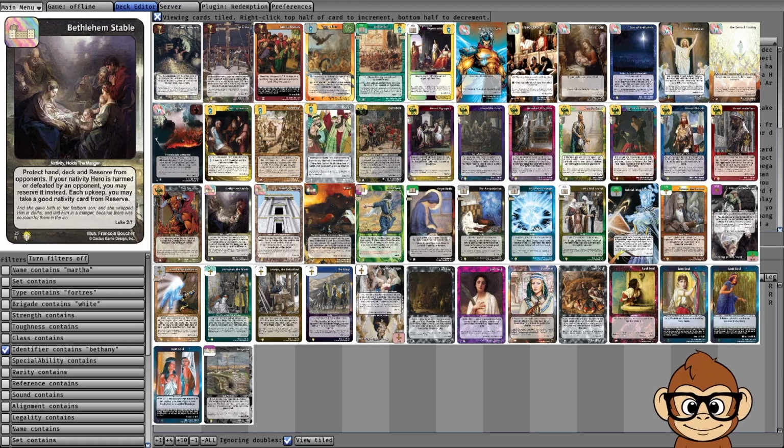Let's get into it. So the deck at its core is a Nativity offense with a Herod defense. The key cards are Bethlehem Stable, which protects hand, deck, and reserve from opponents. It has this cool ability. It says if your Nativity hero is harmed or defeated, you can reserve it instead. And each upkeep, you may take a good Nativity card from reserve. To me, this card just feels like Storehouse on crack cocaine. It's just so good. It does everything that Storehouse does, but even adds some built-in recursion and long game for